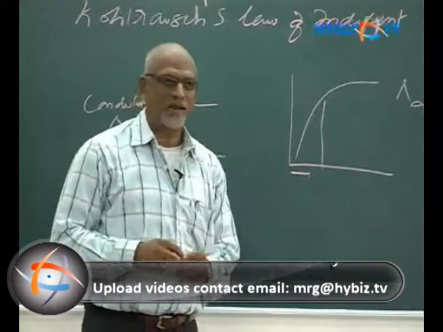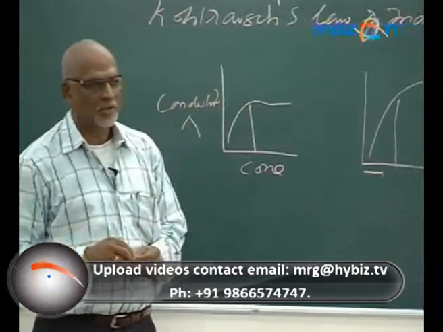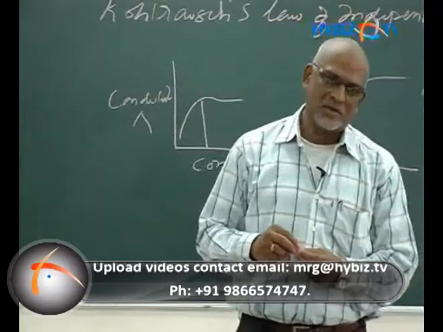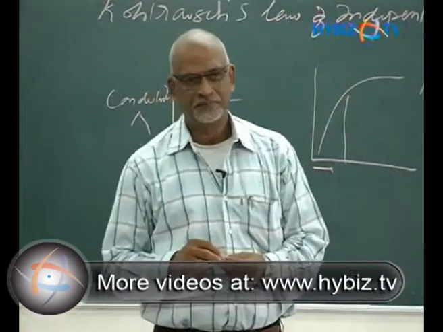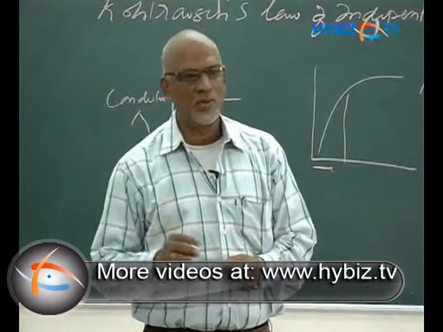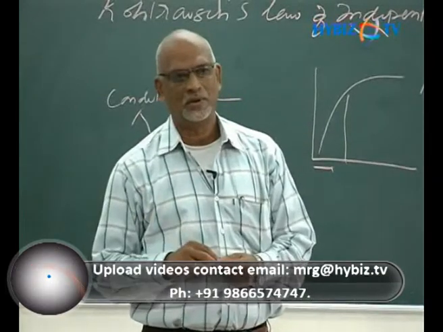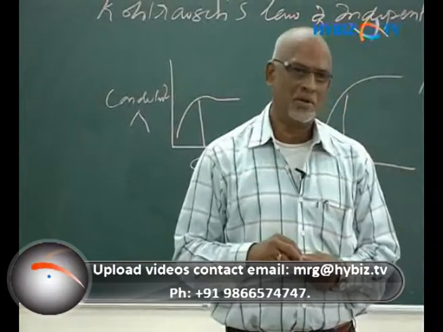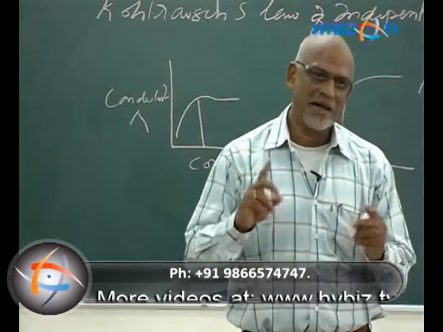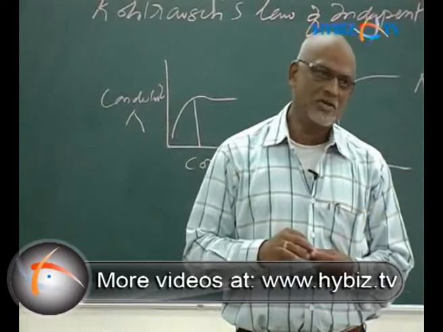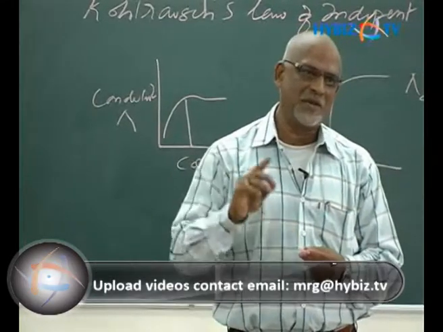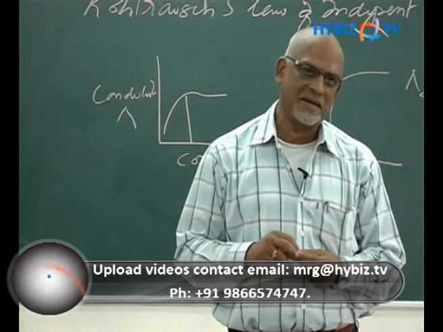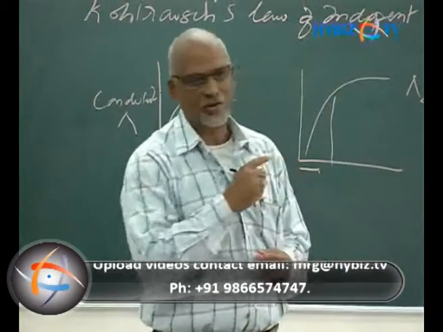Now how does it matter? See, in the case of sparingly soluble salts, what happens? A salt is either completely soluble or sparingly soluble. When a salt is completely soluble, it dissociates completely and ions are free. In a sparingly soluble salt, you take 10 grams, out of that only 1 gram is soluble and the other 9 grams are not soluble. Then what? Fewer ions are released.